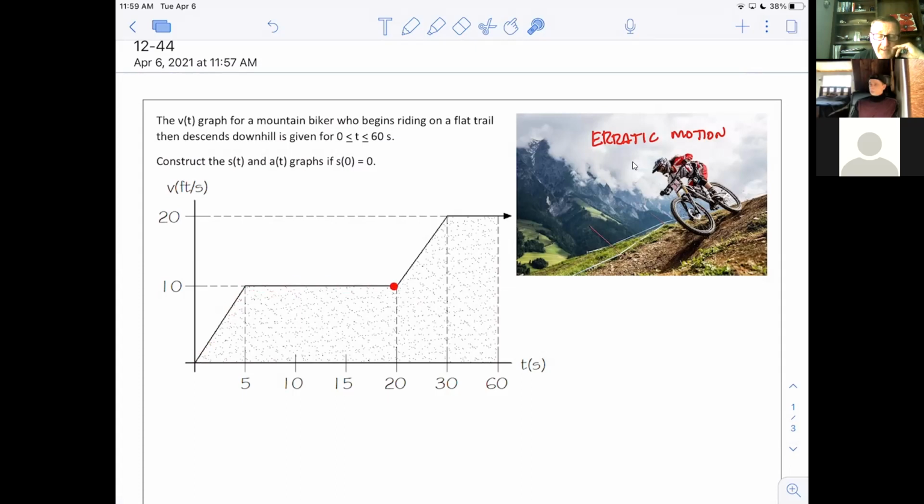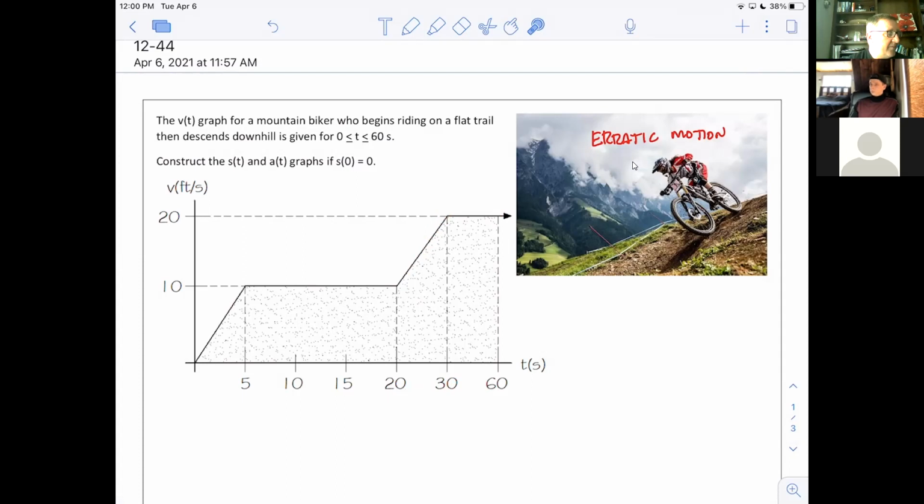road. But then he got to a hill, and the hill started to kick in and picked his speed up from 10 to 20. Notice it did that in a span of 10 seconds. And then he just stayed at 20. Maybe the hill was just steep enough that it picked his speed up, but then he got to a constant speed because of friction and stayed at 20 for the next 30 seconds, just going 20 feet per second. Anyway, that doesn't matter, but basically, this is like the problem before, except